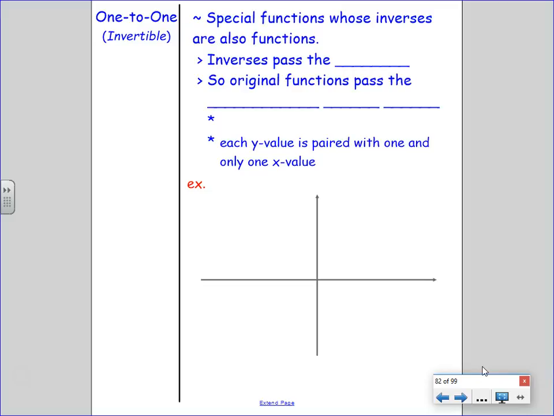I'm going to show you an example. If we were to take an original function, let me make it black just for the parent function, let's use a different parent function. What's this one look like? Who am I referring to? Square root. Good. Alright. If we were to take the square root of x,